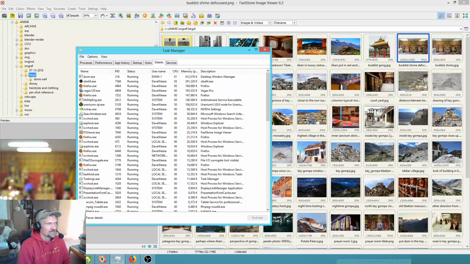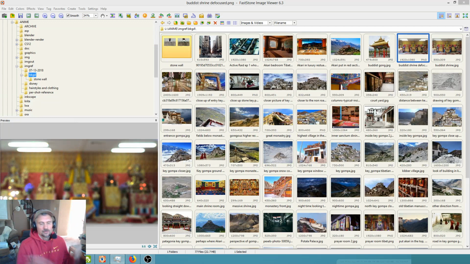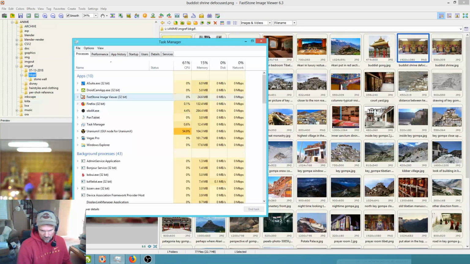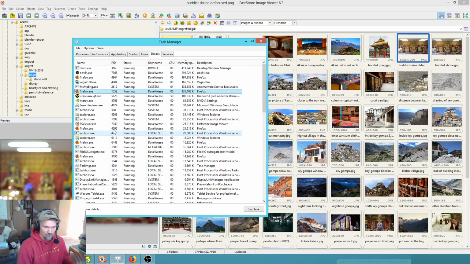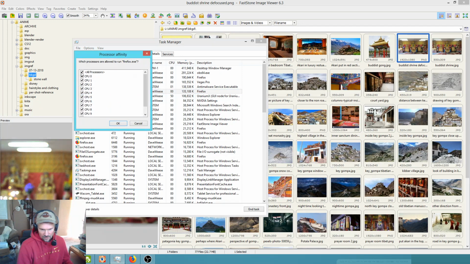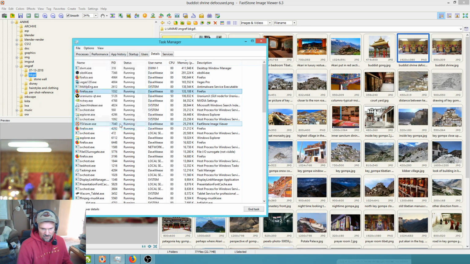Okay, so as far as getting multiple instances rendering, my strong advice, if you want performance, is to go into the task manager, go to your processes, and go to each of the applications you're running. So here's Firefox. You go to the details, which takes you to the actual process, and from the process you can set the affinity. If I take Firefox and say Firefox is going to be on CPU 11, I will almost guarantee you